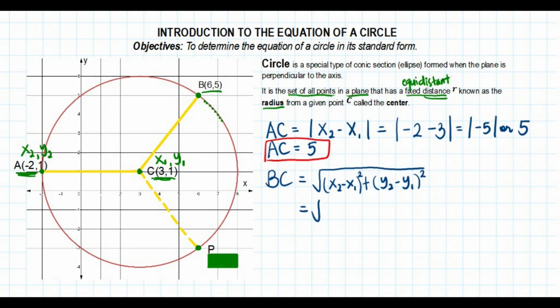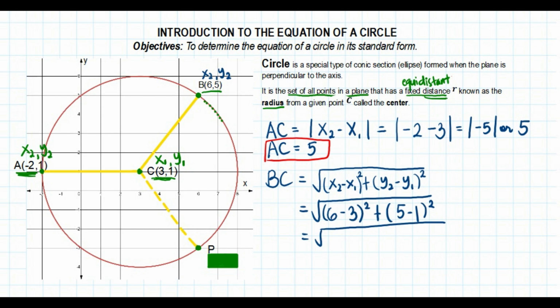So, we have the square root of, ano yung x sub 2? Ang x sub 2 is 6 minus 3. Lagyan din ng squared plus y sub 2 is 5 minus 1 squared is equal to